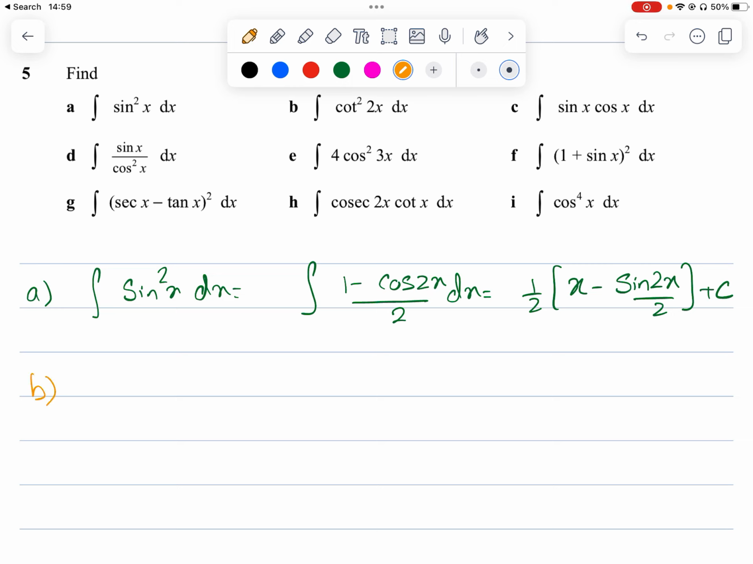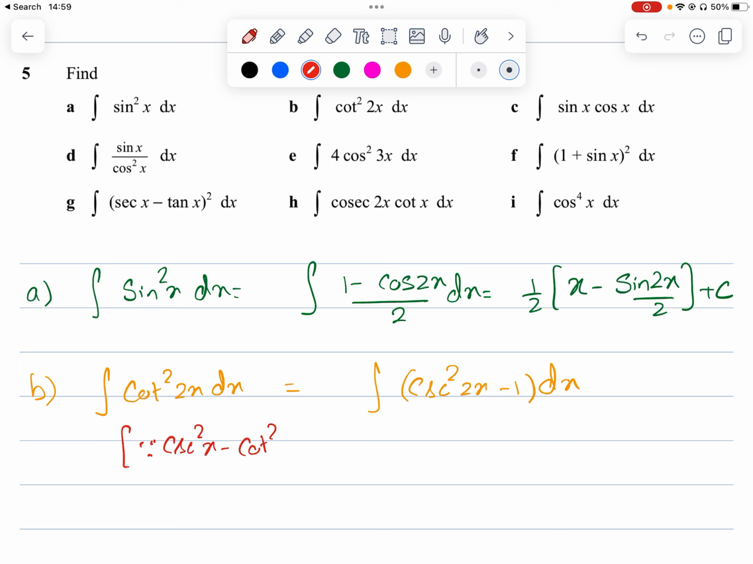Part B. Integral of cot square x. Cot square x does not have any formula. So cot square 2x dx can be written as cosecant square 2x minus 1. Why? We know one identity from our IGCSE: cosecant square x minus cot square x equals 1. Using that identity,